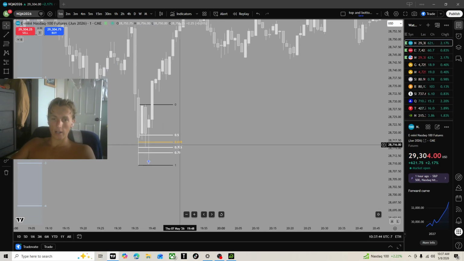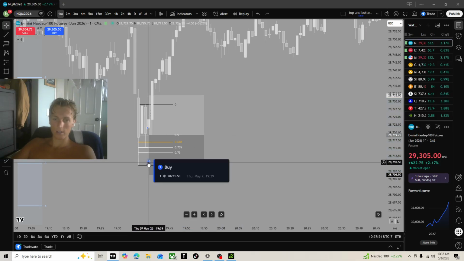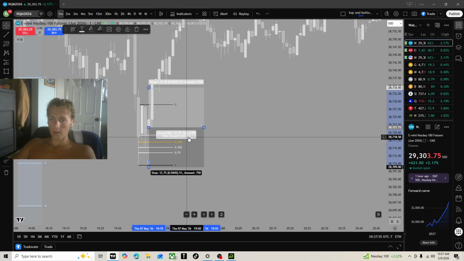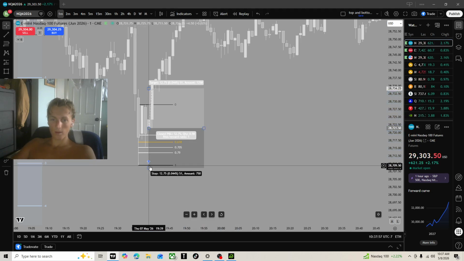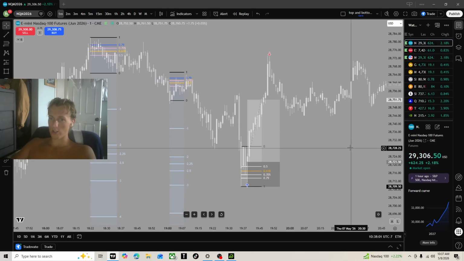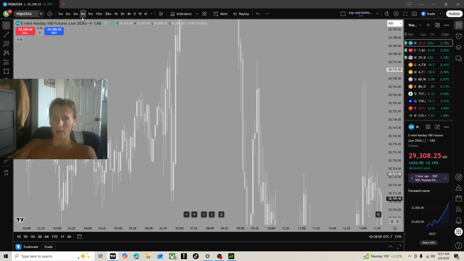I waited for a reaction off of OTE, which we got right here, and then my entry ended up being like this, 721.50 right here. Stop loss at the low, 12-point stop. Kind of a big range for an Asia session, but I ended up closing at this 5 minute rejection block,